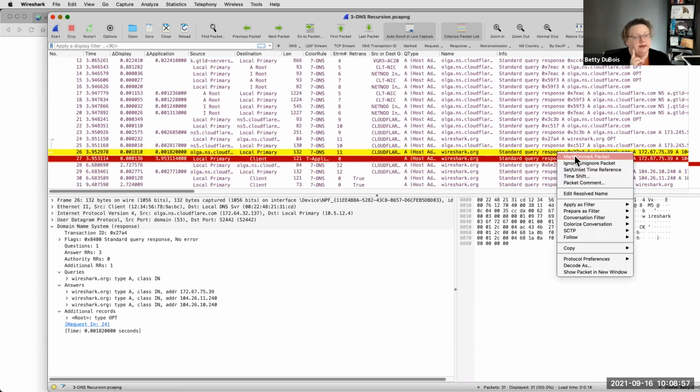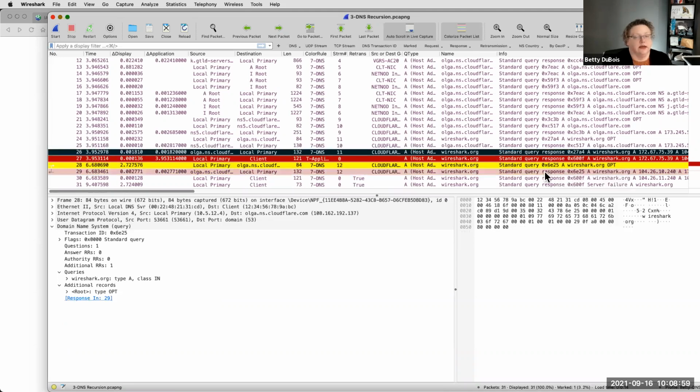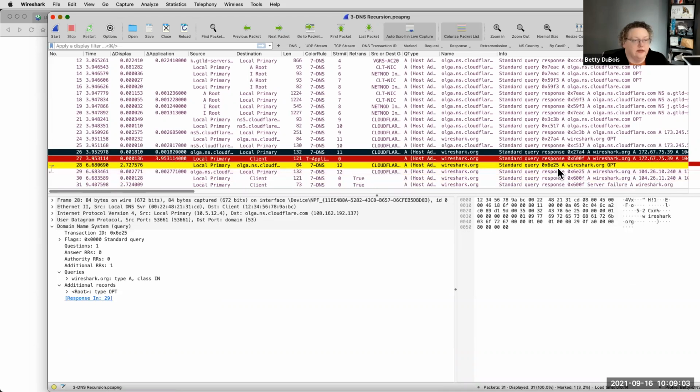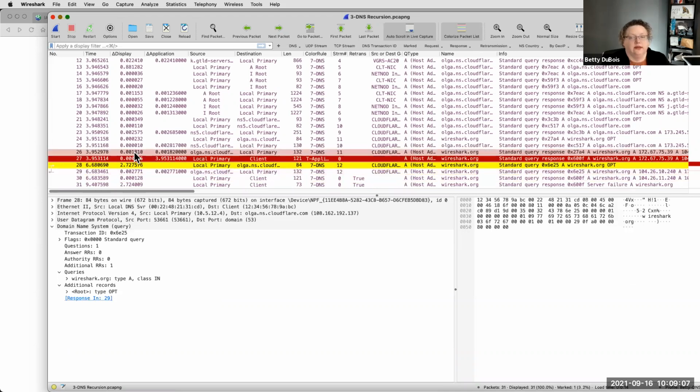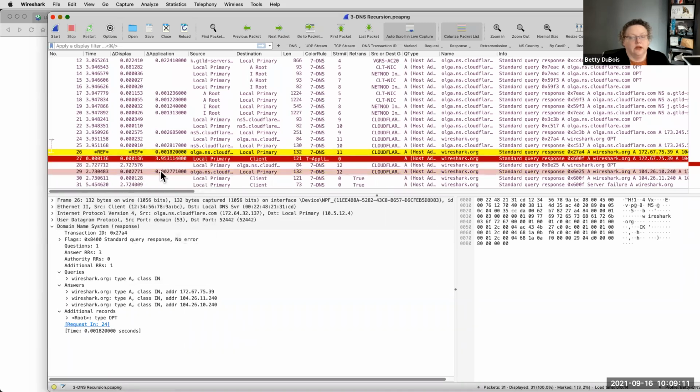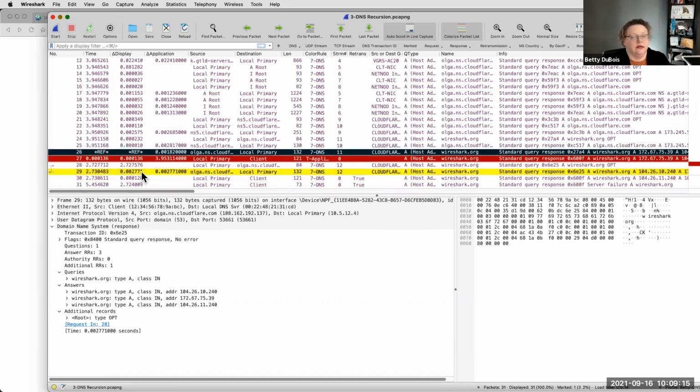Packet 26, I'm gonna mark it so it changes color. It goes to black and white. And packet 26, the server has the information that he needs. Now, the time from packet 26, let's go ahead and set it as a time reference, to when the server goes ahead and replies back to the client is